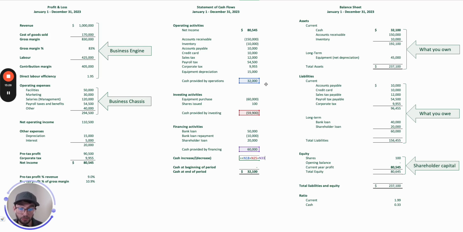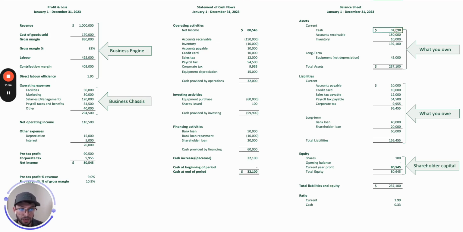We had cash provided by investing. And sorry, I should point out that cash provided by operations is including net income. So then we have that. We have cash provided by investing, and we have cash provided by financing for a total cash increase of $32,100. And since our company started just this year, it would have started with an empty bank balance that matches